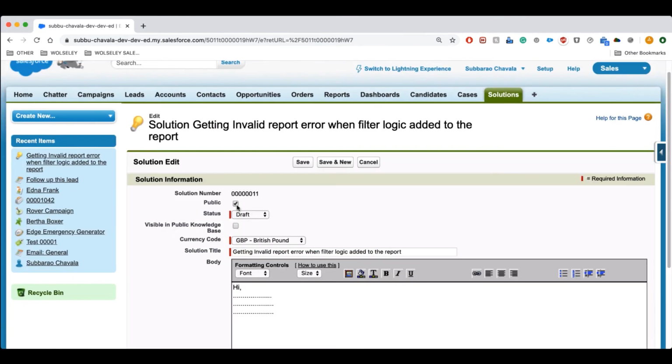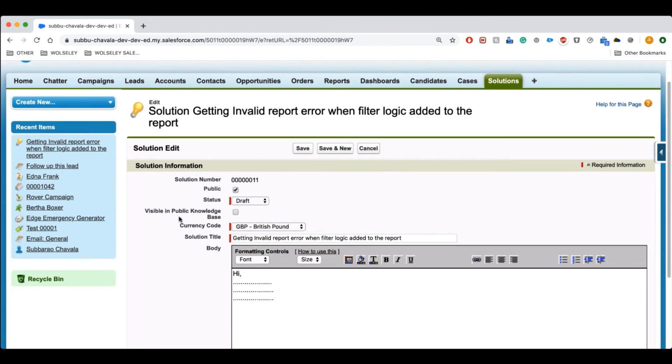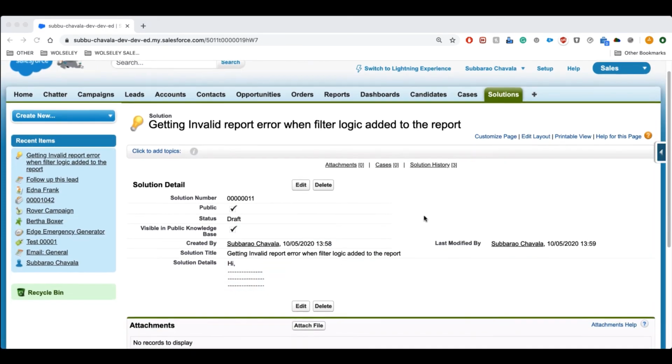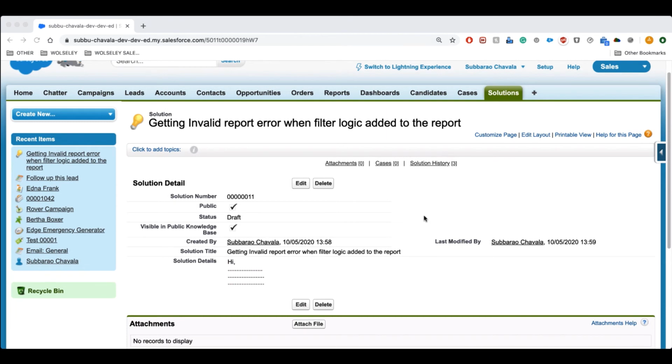Click on edit, enable this checkbox, visible in public knowledge base as well. Enable this one also. Then click on save. Now the solution is active. What I said earlier, a solution is a detailed description of a customer issue and the resolution of that issue. That's the way we provide solutions in Salesforce.